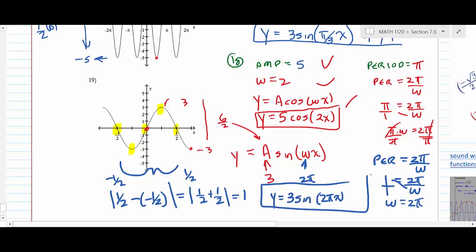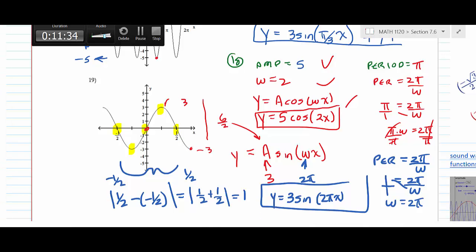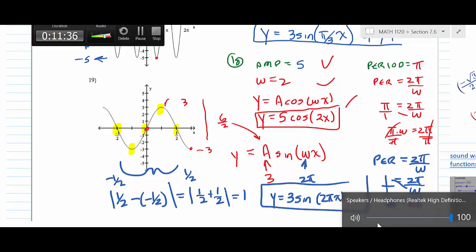So again, when you find omega, period equals 2 pi over omega. You can always figure the period out from the graph if you look at it the correct way. How's that look to everybody? We're going to revisit that when we get into what's called a phase shift. And it will become a little bit harder, but in this section, it's not that